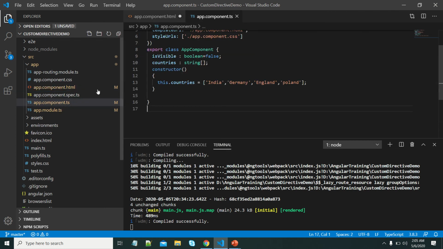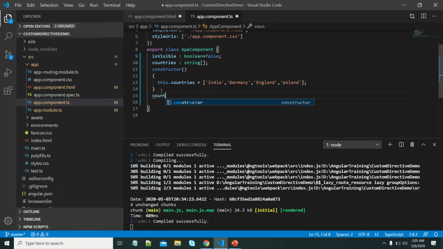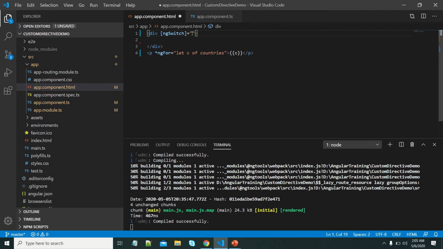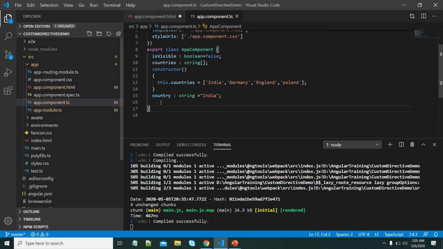Let me get this value from the component class only. Country, let me declare it as a string and add some value. Now, going here, that value I will refer here. Let me copy it.